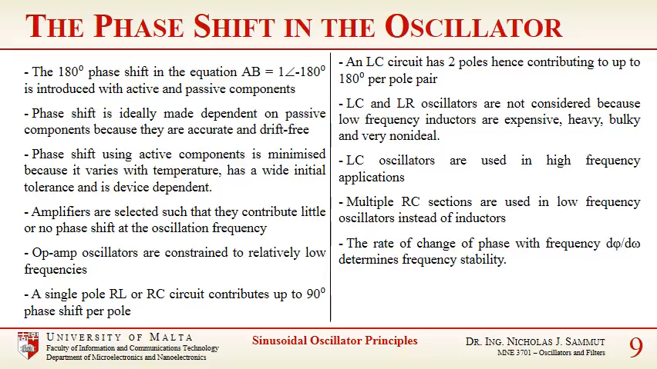Also note that a single pole RL or RC circuit contributes up to 90 degrees phase shift per pole. We will see this in more detail at a later stage. An LC circuit, which has two poles, hence contributes up to about 180 degrees per pole pair. Now, LC and LR oscillators are often not considered at low frequency, because inductors are expensive, heavy, bulky, and very non-ideal. We also note that LC oscillators are used at higher frequencies, whilst multiple RC sections are used at lower frequencies. And the rate of change of phase with frequency, defined by omega, determines the frequency